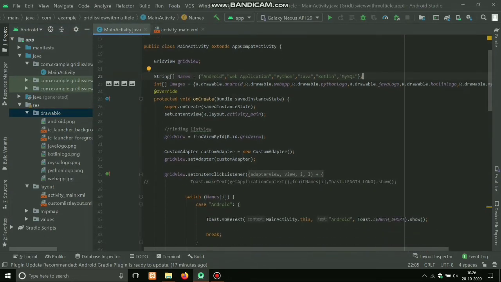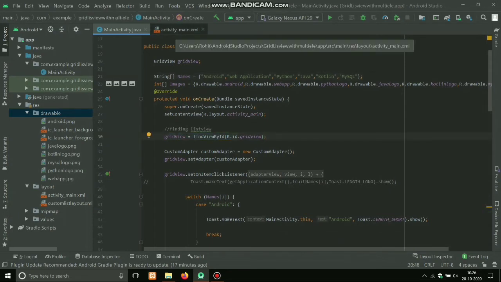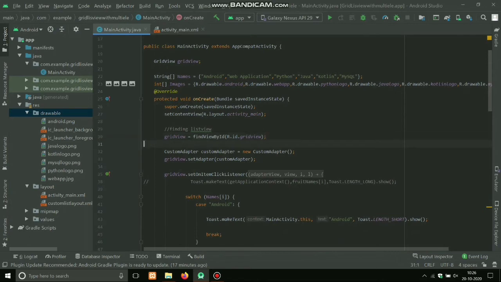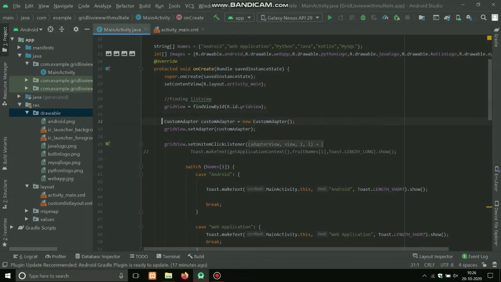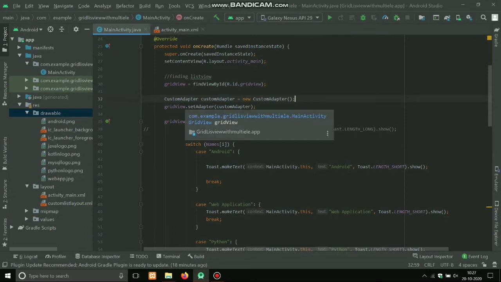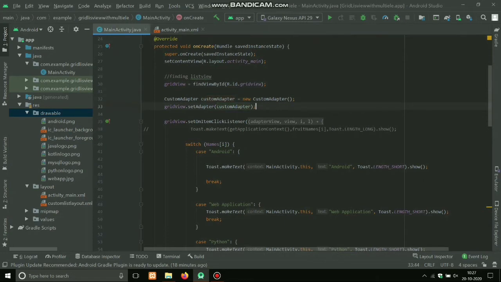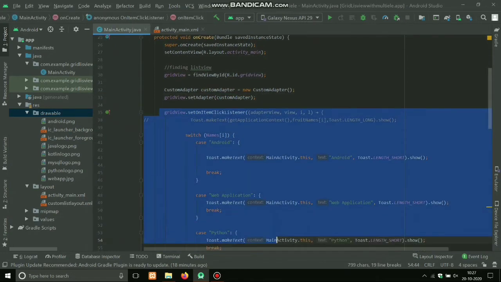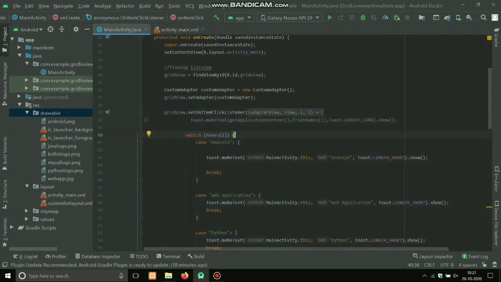Okay, after initializing the content we will initialize the grid view which is coming from the main XML file. Okay, after that we have to set the custom adapter. I'm just creating the object of a custom adapter, and that adapter I am setting on the grid view with the help of setAdapter. Okay,